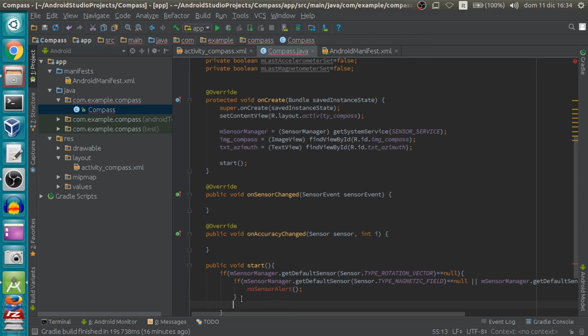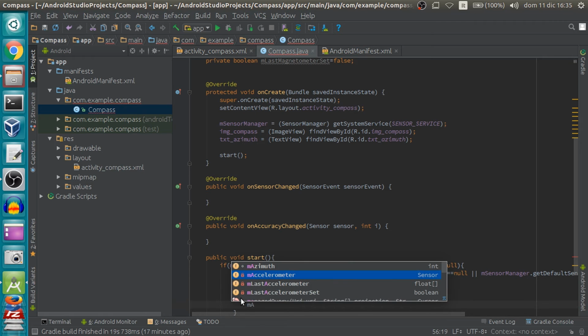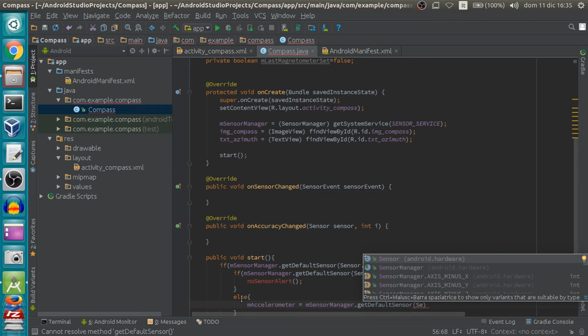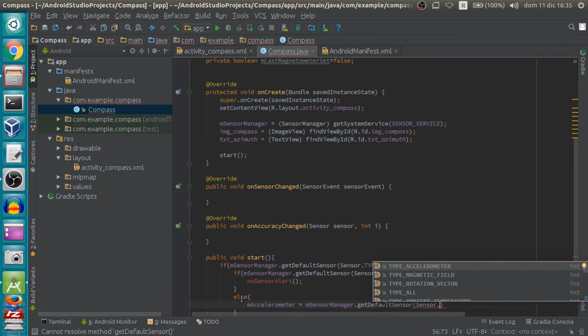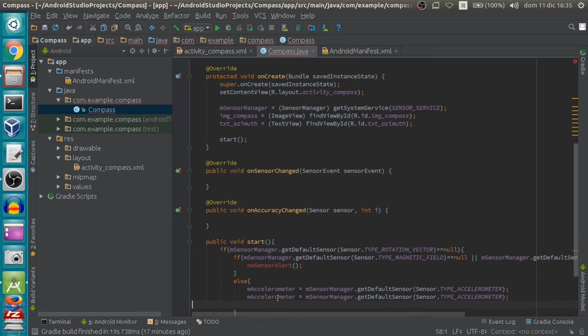Instead, if we have the magnetic field and the accelerometer, we have to instantiate it. So else, accelerometer is equal to sensor manager dot get default sensor dot type accelerometer, the same thing for the magnetometer, so you can copy and paste it. Magnetometer, the type is magnetic field,